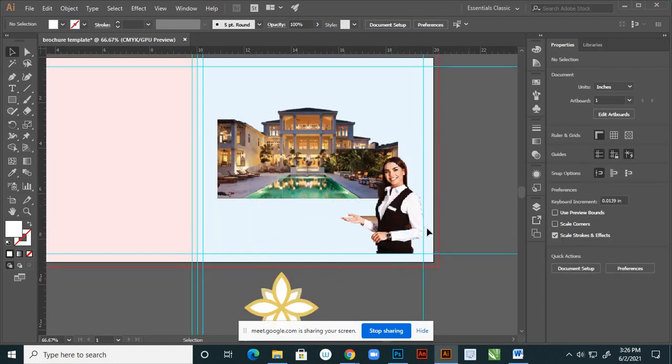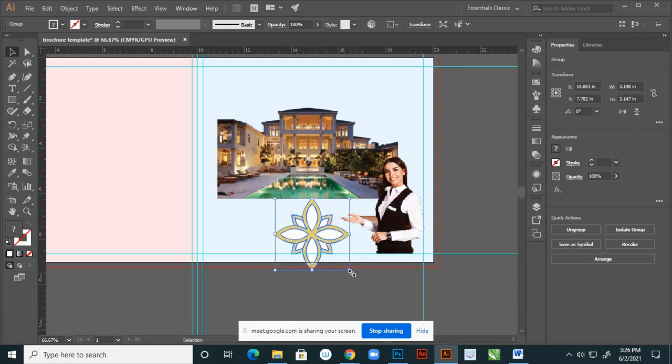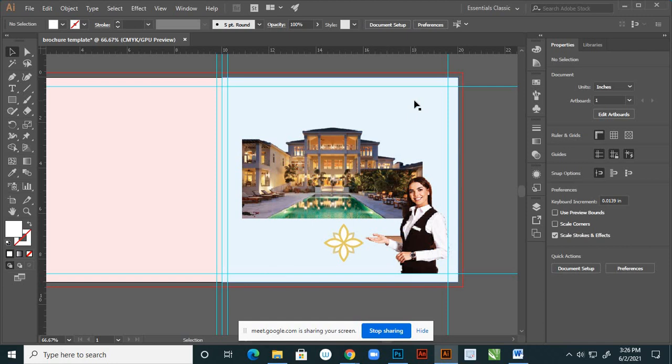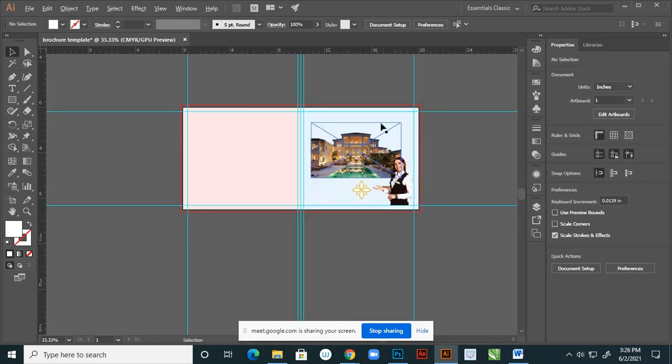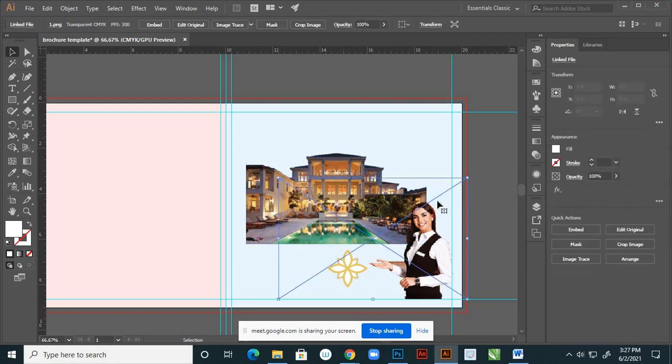Right. Here this logo I'll place. The text will come here, right? And this background will change later, right? So first place all the things, and here I want to give some text.